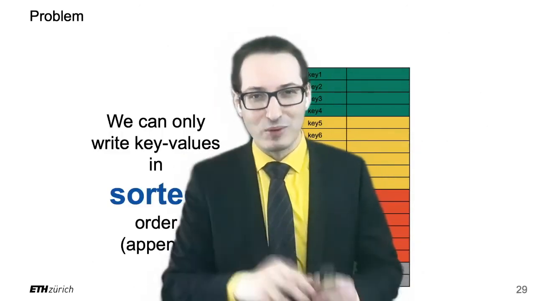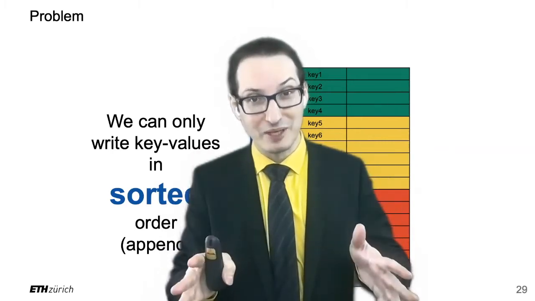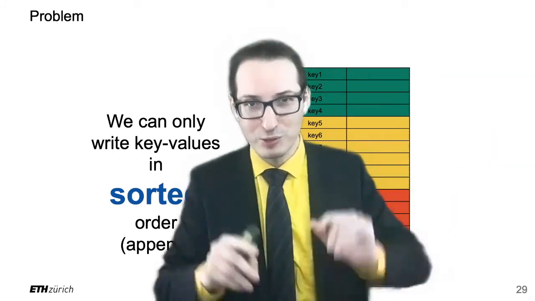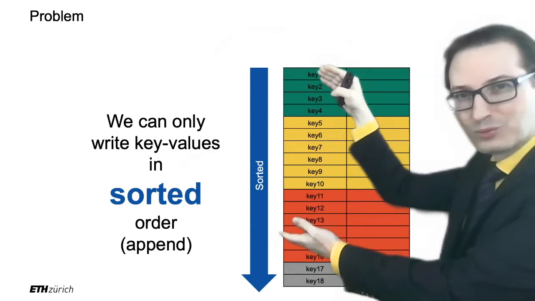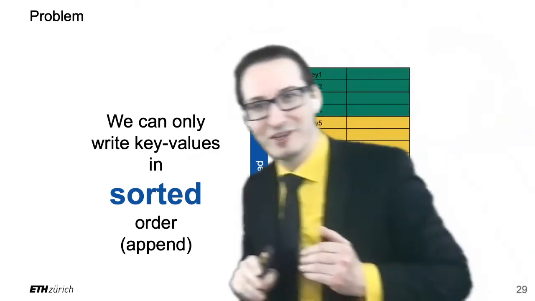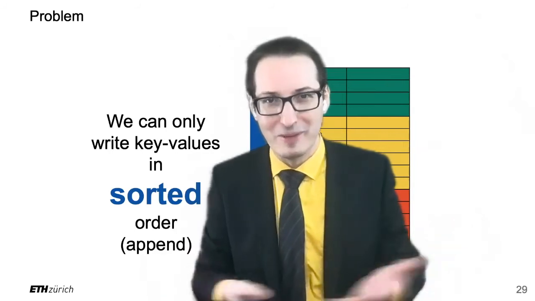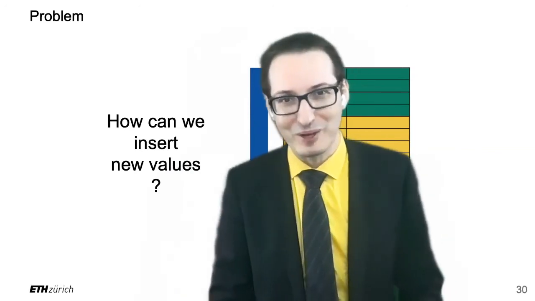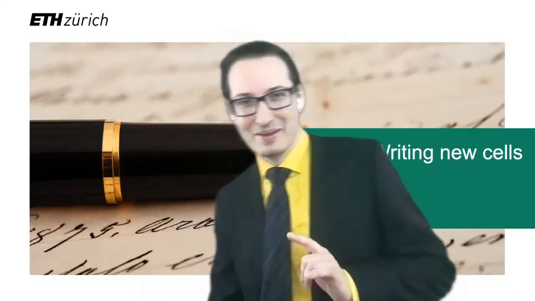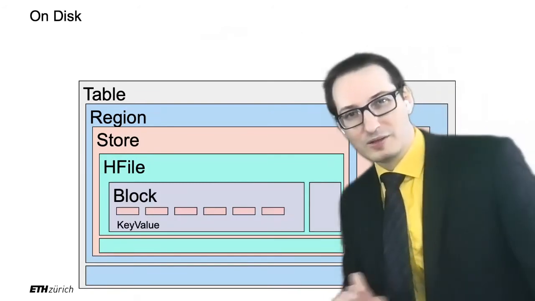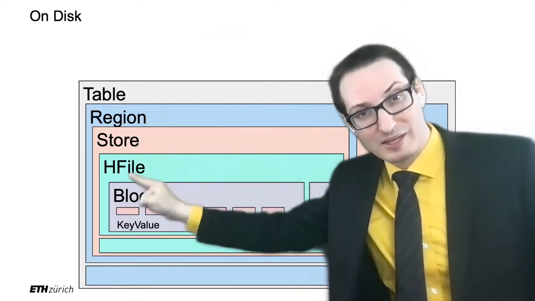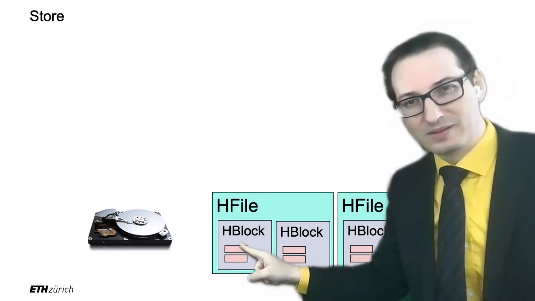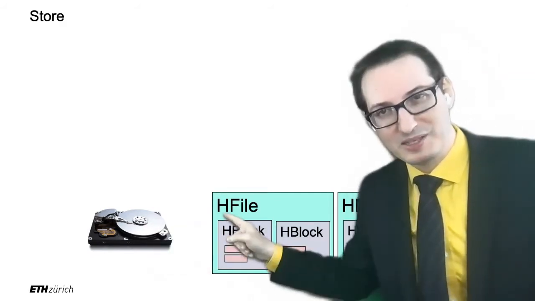Okay. But what I want to make sure here is that you understand the mystery. How can it be that I can efficiently handle it when Alice or Bob modifies a value somewhere, and it looks like I have to rewrite the entire sorted list of key values? That sounds like just amazingly slow, right, to do something like that. So how can we insert new values in an efficient way? Well, I will give you the answer now. So on disk, we have tables that have regions, that have stores, that have files, that have HBlocks, that have key values. What actually happens is that the key values, they are all on HDFS in these HFiles,